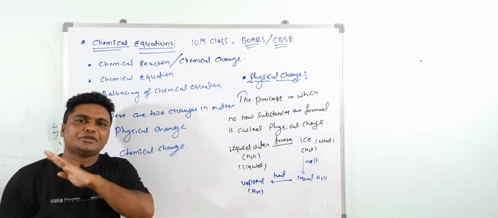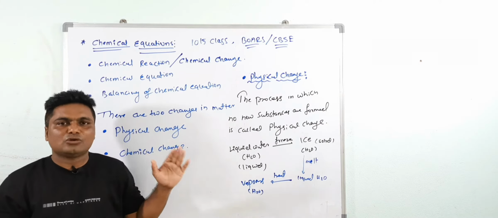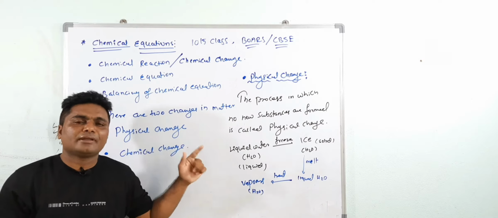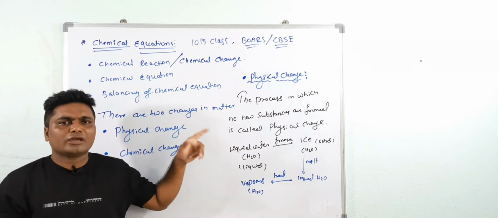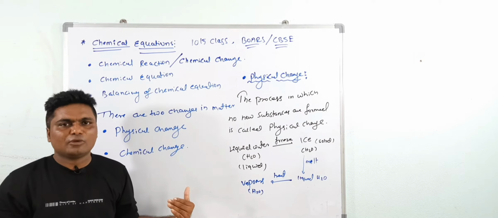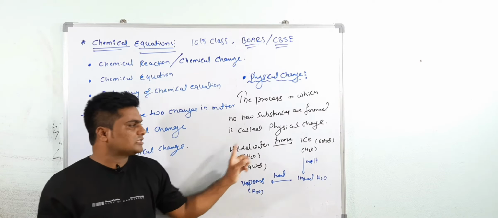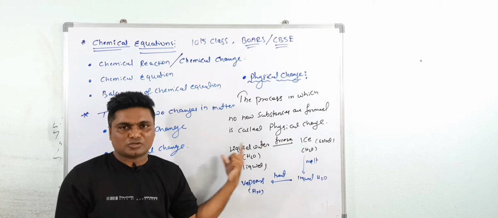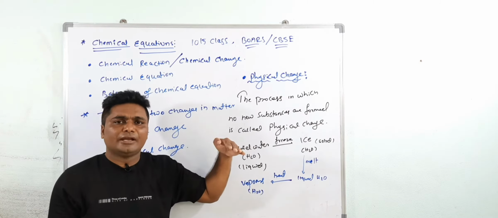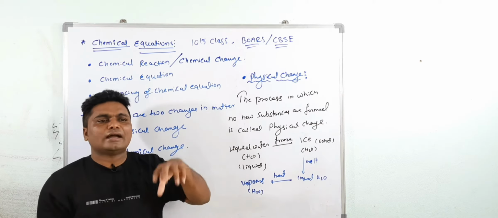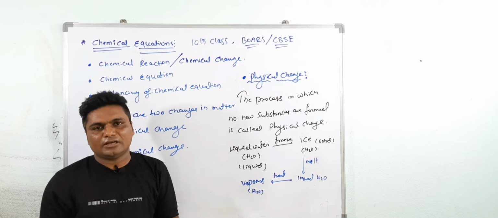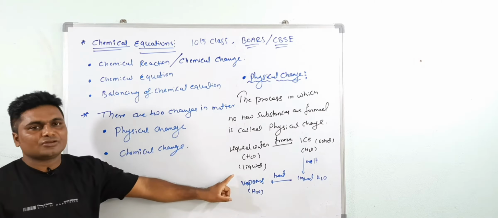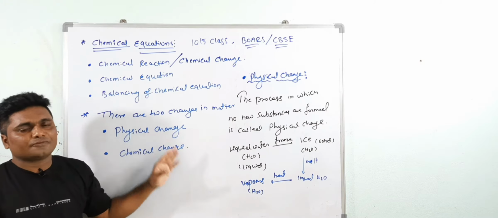So what is a physical change? The process in which no new substances are formed is known as a physical change. And is a physical change temporary or permanent? It is a temporary change, so at any stage you can reverse the process. For example, once liquid is converted into ice, you can easily change the solid ice back to liquid. It means it is a reversible process and not permanent. If you put the ice in an open place, it slowly melts into liquid. It is a temporary process. Understood?